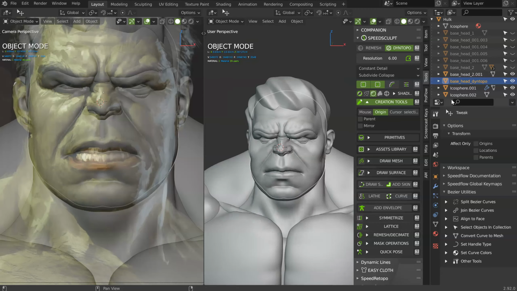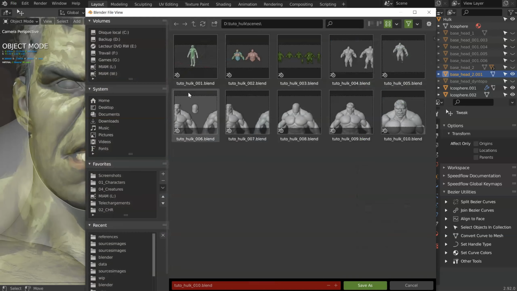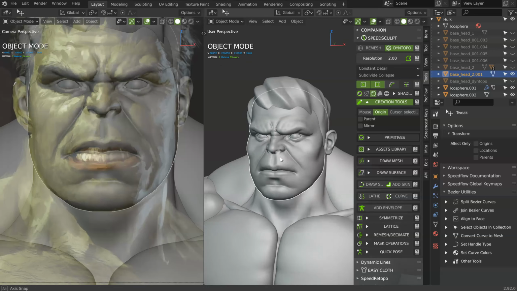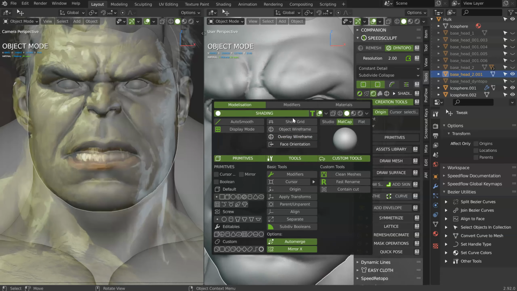But this is not what I want to show you. Let's edit this one. Let's see, I think it was true, something like that. I will save my scene. Yep. Plus save. And let's update. Constant detail, subdiv collapse, resolution 2. I'm not sure 2 will be correct. Just have to wait because there are a lot of polygons. And that's it. Okay, so 2 was the correct one.